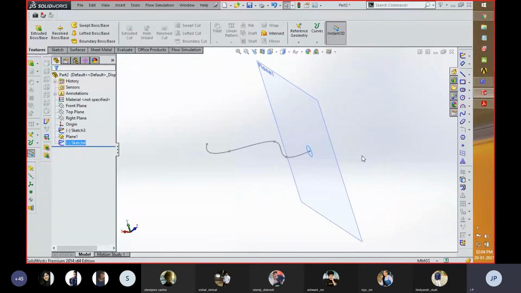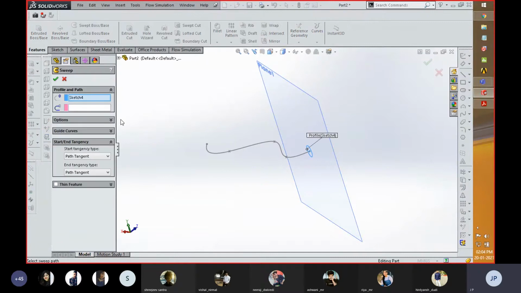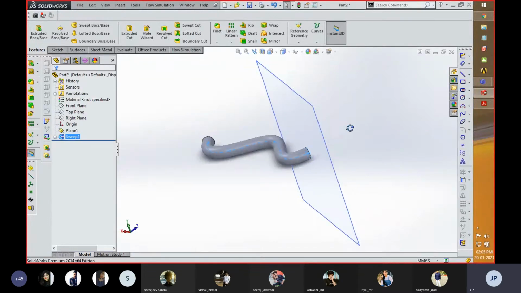Okay, so over here you can see that for applying this swept boss tool, we have to create this sketch, then click on swept boss. Then it asks you about the path which is to be followed by this circular profile. In the sketch path, you can click on this path, and with respect to that, the profile follows that path. In such a manner, this swept boss can be created.